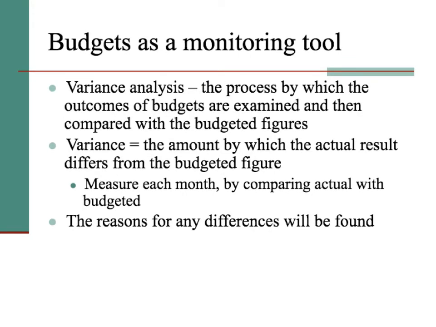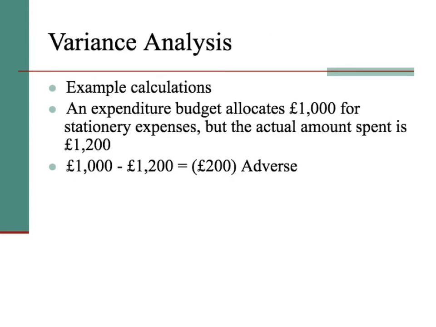How are we going to use budgets as a monitoring tool? So this idea that I'm going to check and review and make some changes. So this is a slightly different slant to this. So we're going to use something called Variance Analysis. So we're going to compare what actually happens with the budgeted amount, and then we're going to look at if there's a difference. We will look for reasons, because obviously that will give us something to improve upon, or it might be something that we don't want to happen in the future.